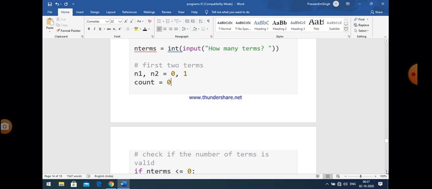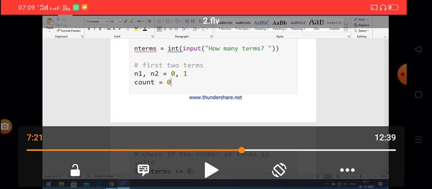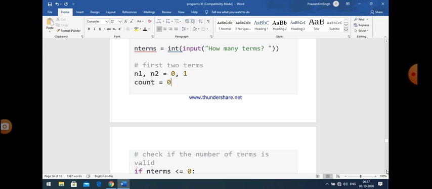And as I told you earlier, the first two terms are always fixed, 0 and 1, because only after that are you able to find the third term, the fourth term and onwards, since according to the definition of the Fibonacci series, a term is the sum of its previous two terms.